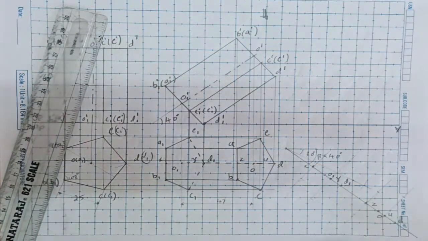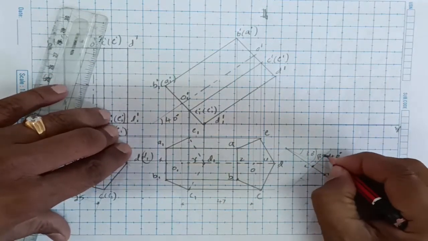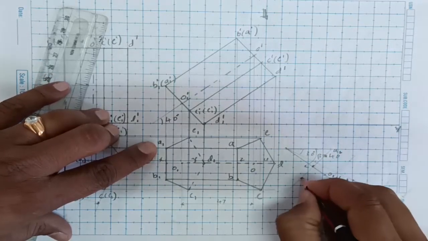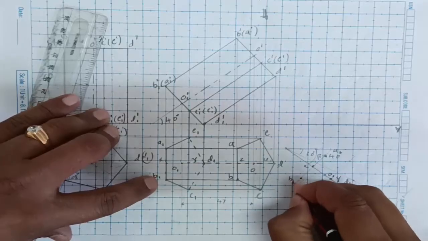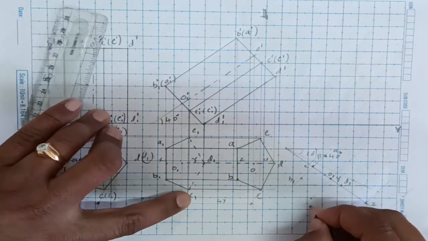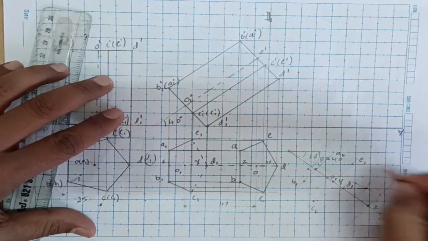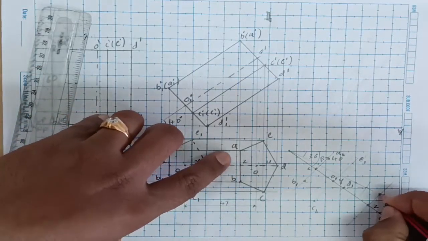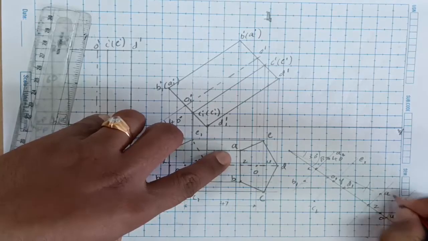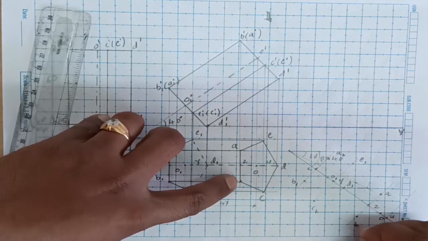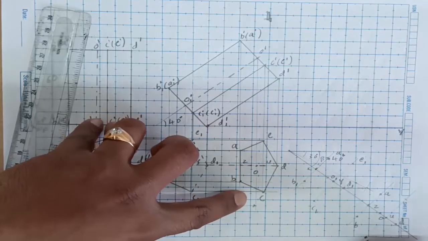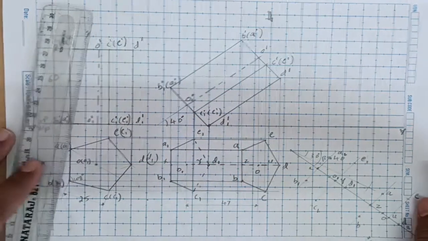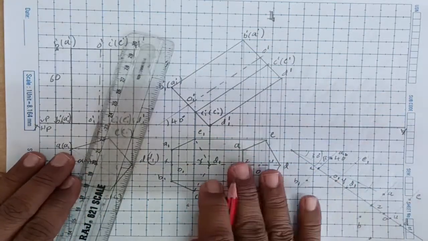Okay, now write down those things. On this point I am getting A1, and this point will be B1, and then this point is C1, and this point is E1, and then Z. On the Z we are getting A, and then this will be B, and this is C, and this one is E. Like this we got all the points, and the same how it is visible and hidden, same thing we need